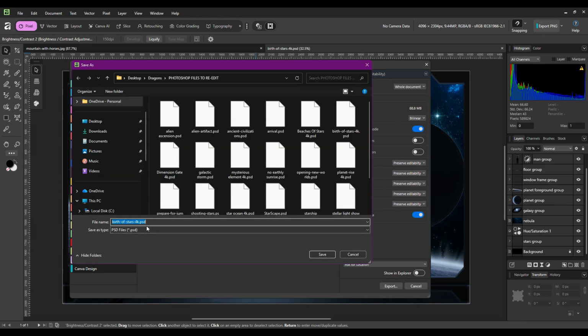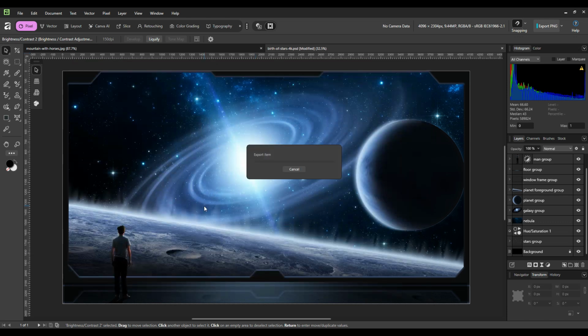And let's say I were to save this file with a slightly different name, and I'll save it in the same folder, of course. Then click on Save. From there, I'll switch over to Photoshop and open up the file and have a look at the structure again and see if there are any changes that I can notice.